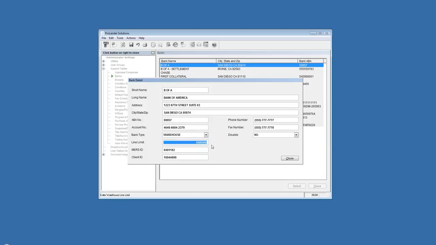Also, we have a place for the line limit. So if this is a warehouse line, you want to enter that line limit, because in the funding info screen, your user will have the ability to view all of their warehouse lines, see how much they've used, what's still pending, and how much is left. So it's really going to help your funder to determine which line they're going to fund this loan on. So in order to do that, we need to know what your line limit is. You'll also want to enter in their MERS ID and client IDs, and of course all of their other contact